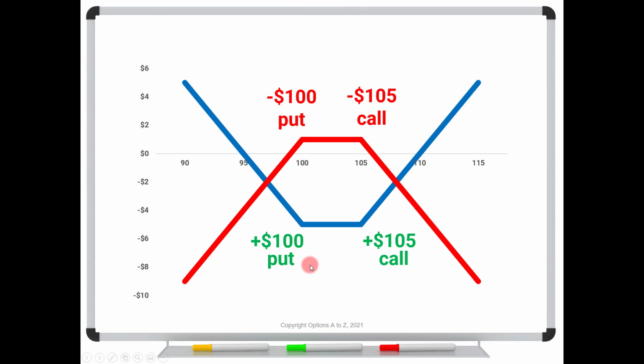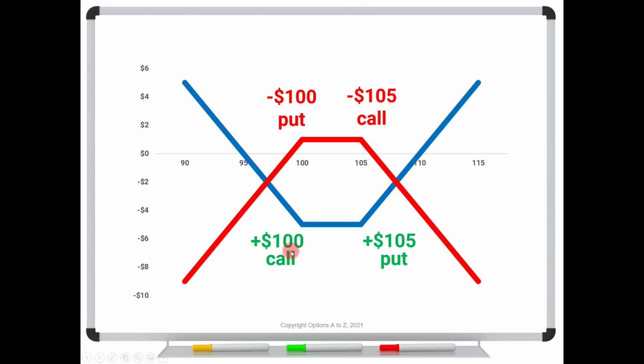What would happen if we switched the call and the put? I'm going to keep the strikes the same, the 100 on the left, the 105 on the right, but we're just going to switch the call for the put and the put for the call. So watch this. We put the call over on the left, the put on the right. What happens now? Well, we still get exactly the same risk graph in blue, but take a look at the